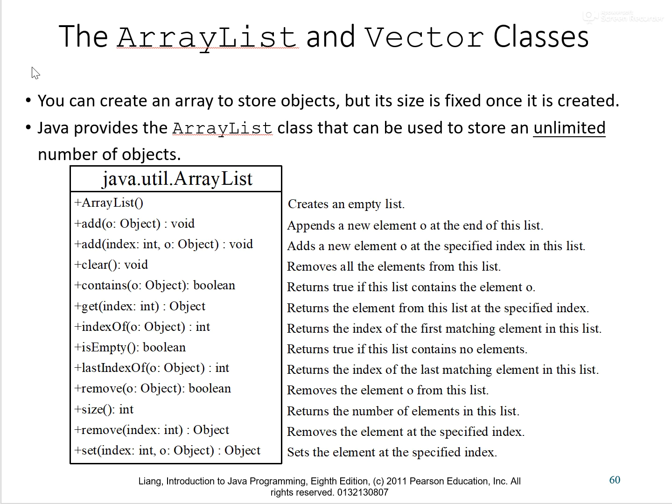Meanwhile, this is the UML class diagram for the ArrayList class in Java. Another class called Vector should also be looked at. Here's a bunch of methods that the ArrayList class comes with. So obviously there's a constructor, ArrayList, and add, if you want to add a new object to your